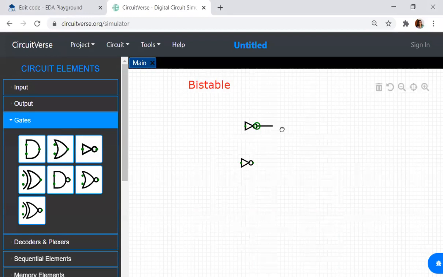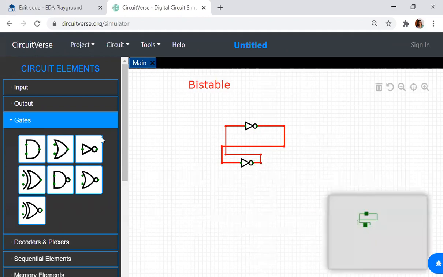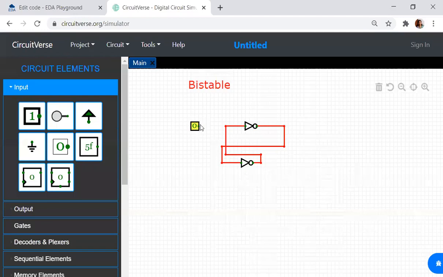A bistable element will indefinitely store either a 0 or a 1. Suppose I give an input of 0 and store it.